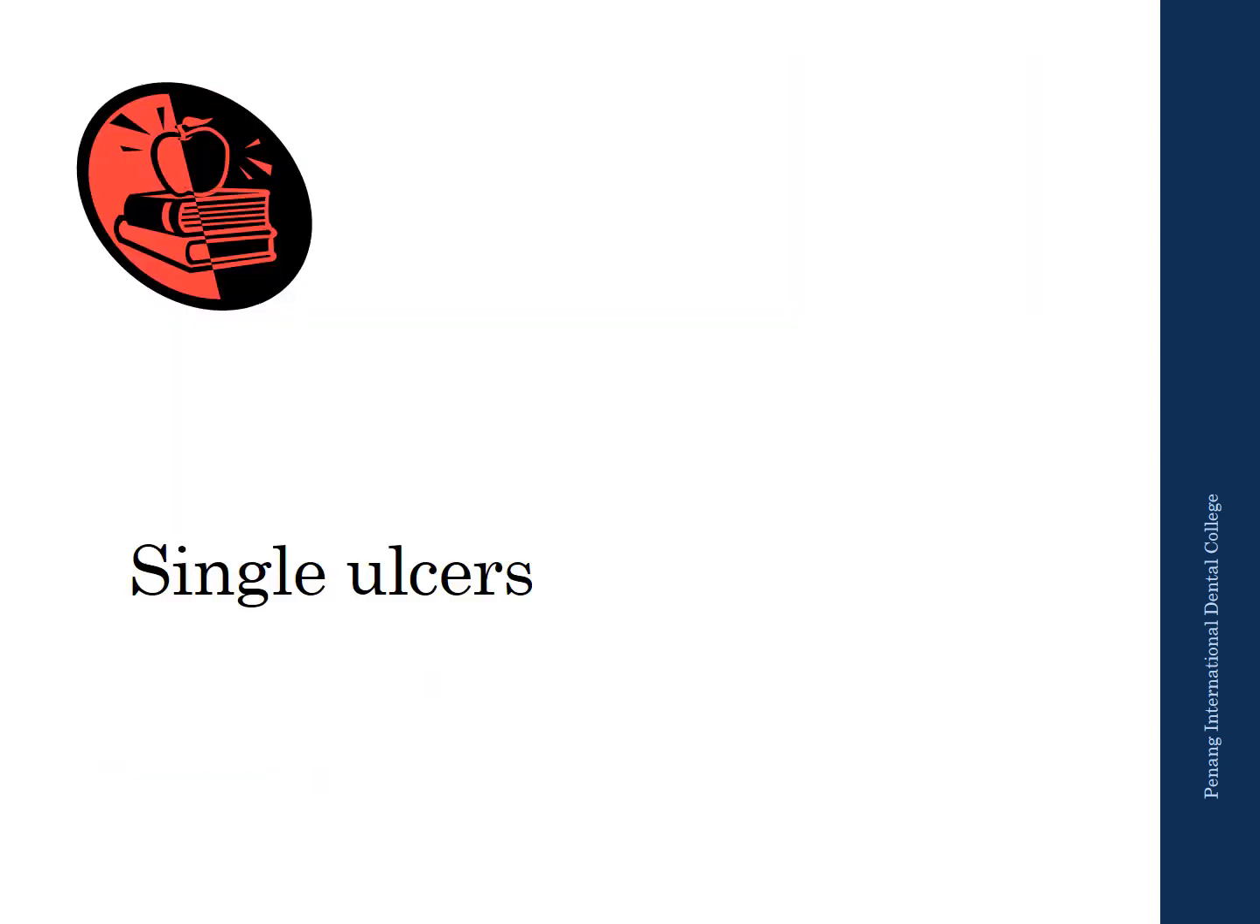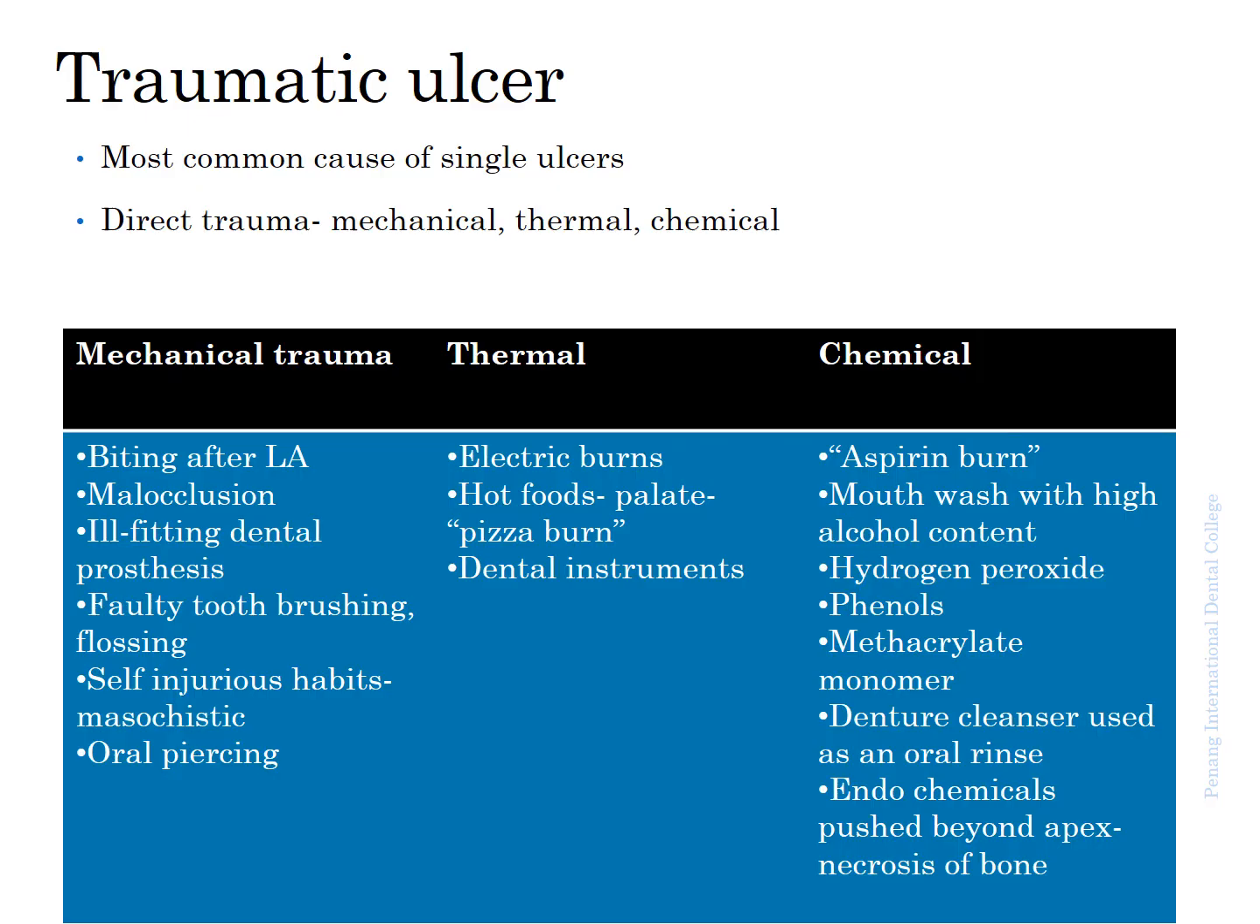Let's move on to the last part of the lecture series, which is single ulcers. Traumatic ulcer is the most common cause of single ulcers in the oral cavity. They generally happen due to direct trauma to the oral mucosa, either because of a mechanical, thermal, or chemical agent. The mechanical causes of trauma leading to traumatic ulcers in the oral cavity could generally be biting after local anesthesia is given,